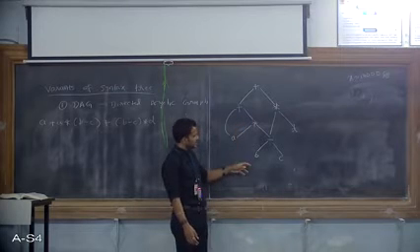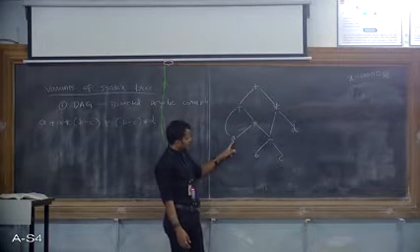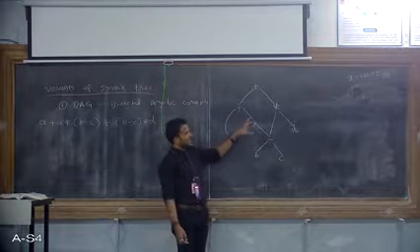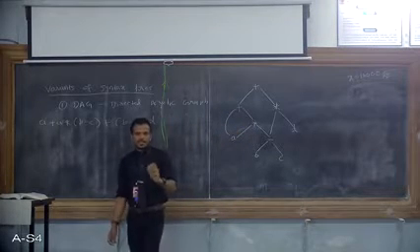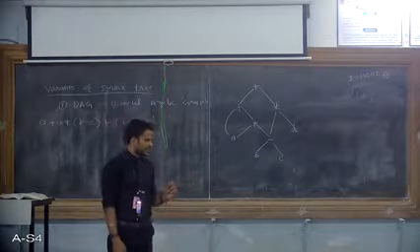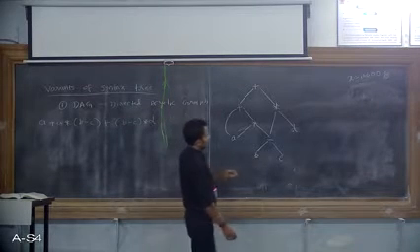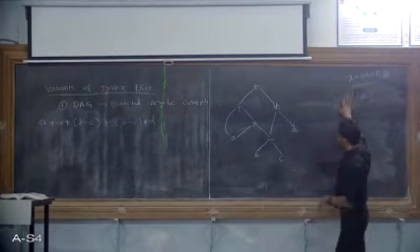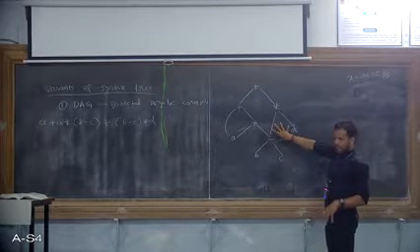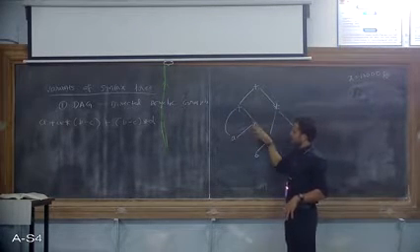The meaning is, look at this A. A has two parents, namely plus and star. This is allowed in case of directed acyclic graph, and this is the major difference between a directed acyclic graph and a syntax tree. Okay. When you draw a normal syntax tree, it looks like this directed acyclic graph, but there you will have more edges.